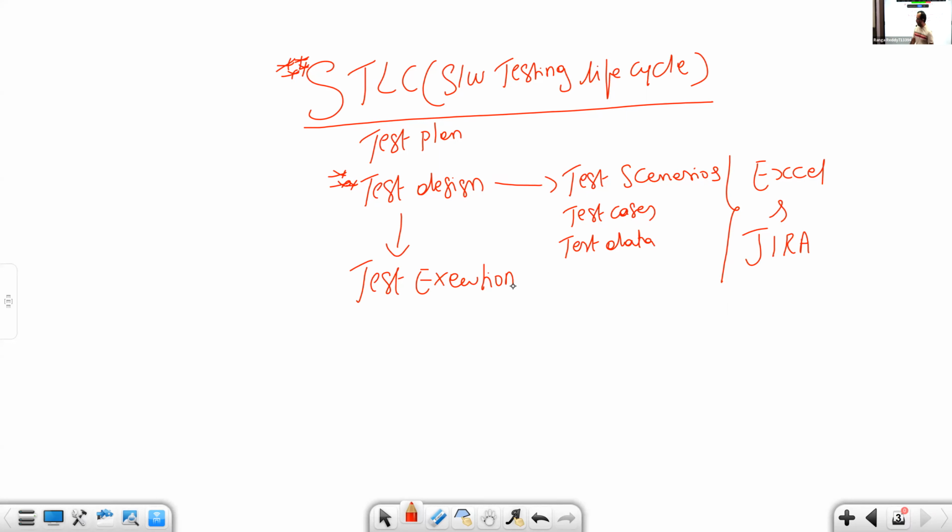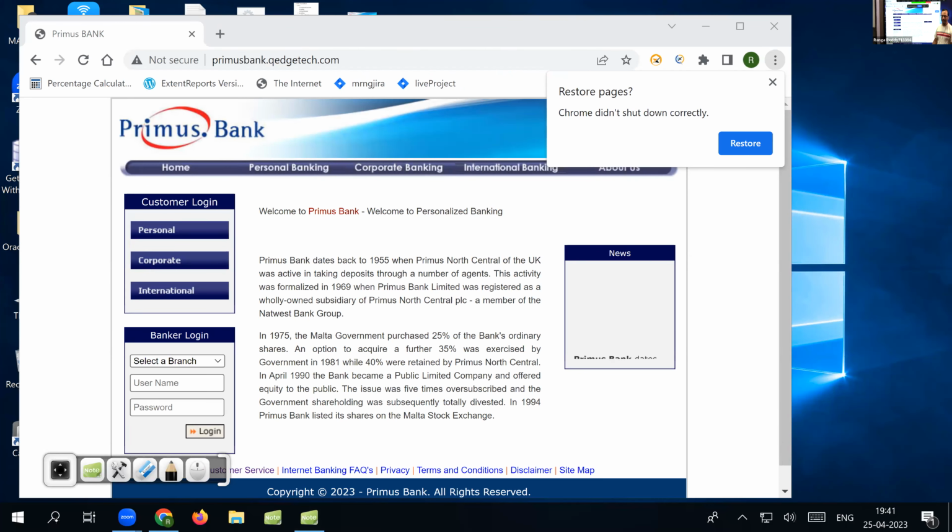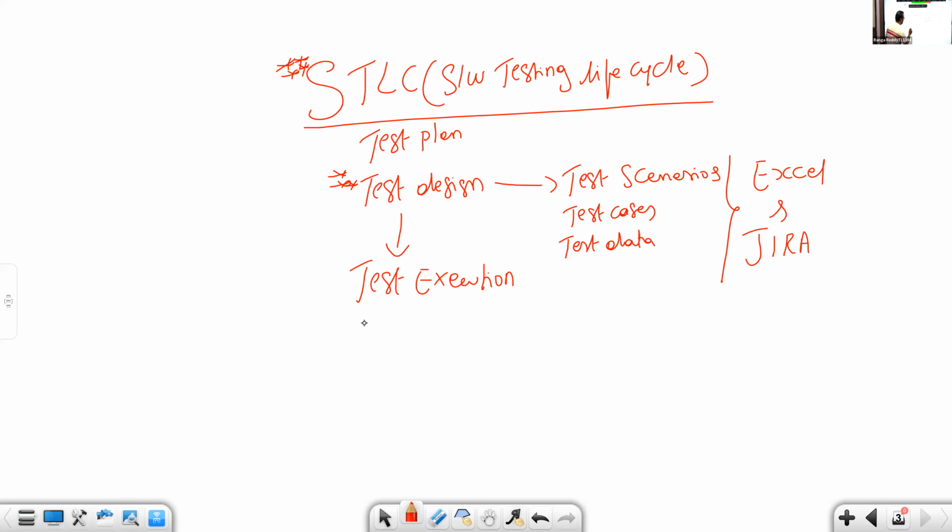Here, how to execute test cases against this application. Whatever test case you design, either in Jira or Excel, how to test against this application. While executing test cases, obviously, you may come across some defects. Yes or no? Once you come across defects while executing your test case, what to do? We should learn